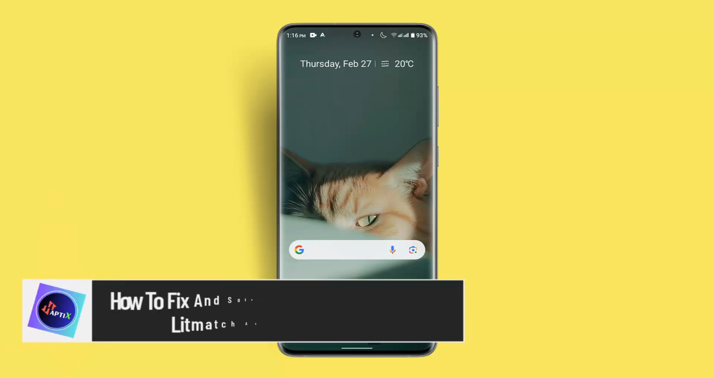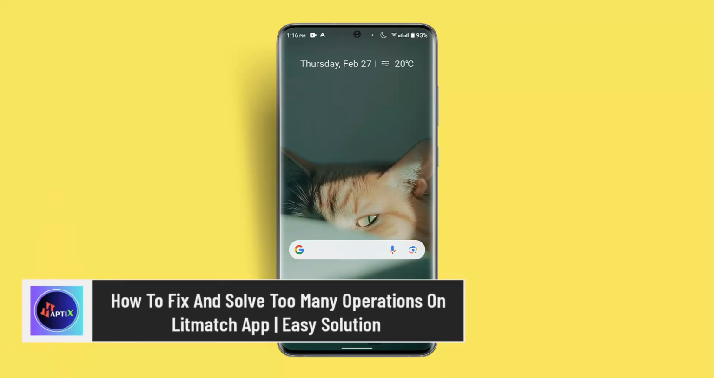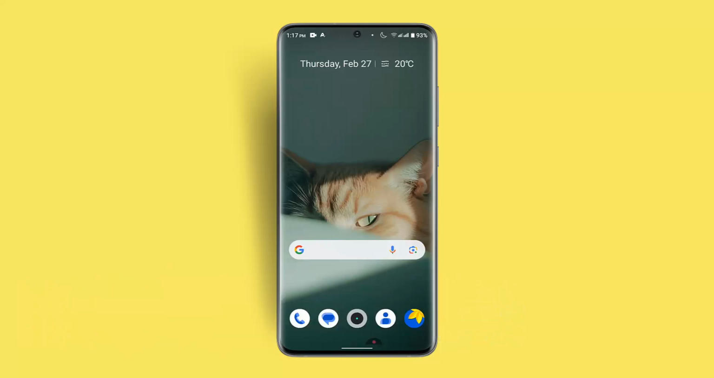How to fix and solve too many operations on Litmatch app. To fix the too many operation error on the Litmatch app, the easiest solution is to simply wait for a short period of time before performing any further actions. Now this is because the app has detected excessive activity from your account and is temporarily limiting your interaction to